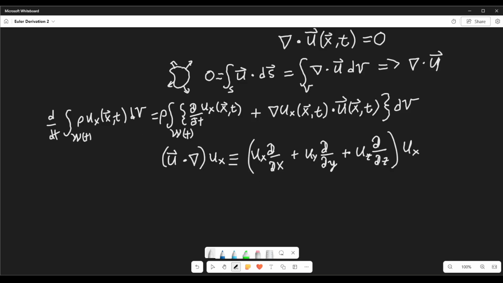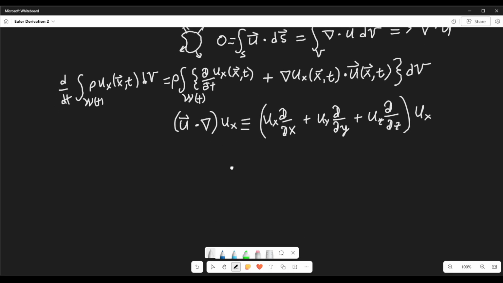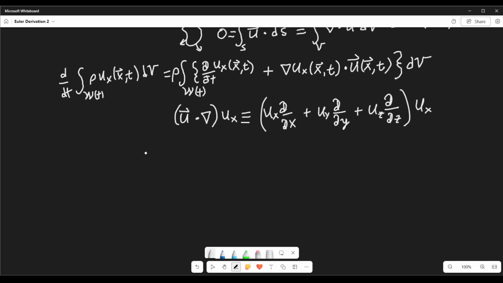So what can happen is this thing, the gradient of ux, I'm not going to write the full time dependence right now, the gradient of ux with the u vector is defined as u vector dot